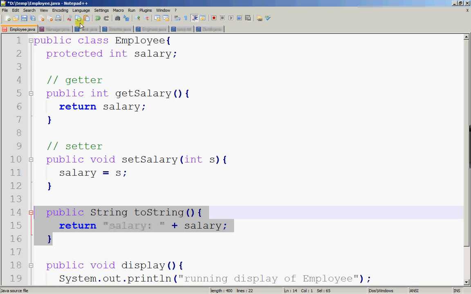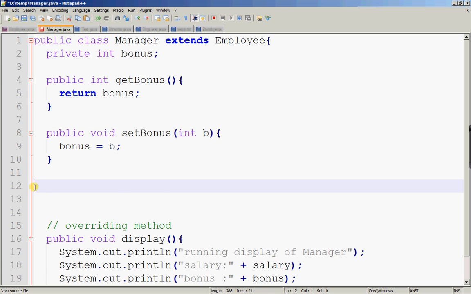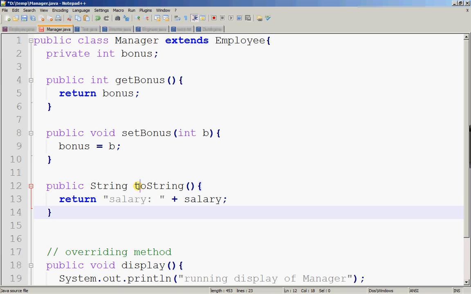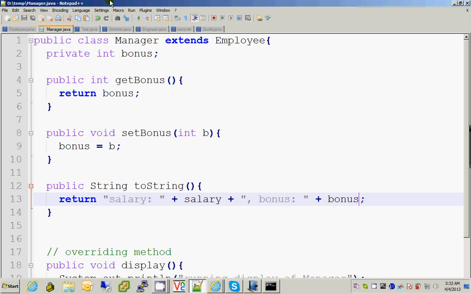And I'm going to the Manager class, and I'm going to provide a toString method for the Manager class as well. The toString for the Manager class returns a string which consists of the salary and the bonus. So I'm going to save everything. I'm going to modify